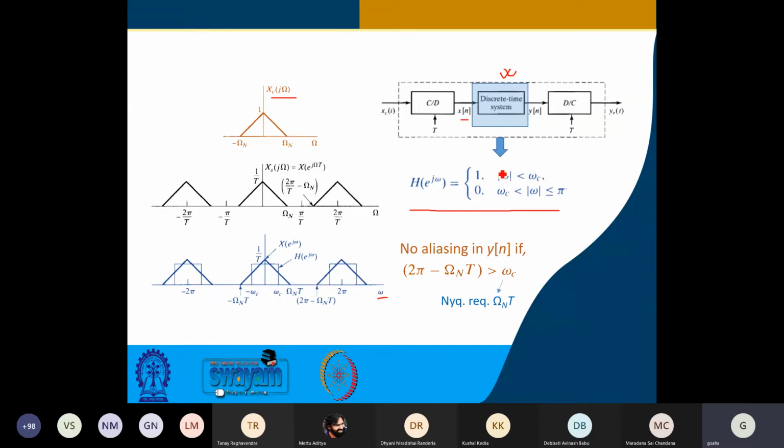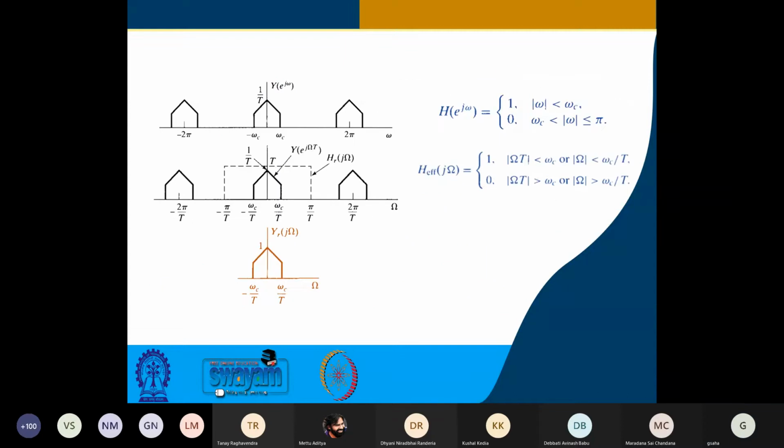So this is your x[n], and over and above it you are having this H(e^jω). Of course, H(e^jω) will also be periodic, and that has been shown. So at the output of it, the y[n] that you get would be something like this. We are talking about an ideal filter, so it looks something like this. If it is not ideal, it will look something different, that we shall take up later.